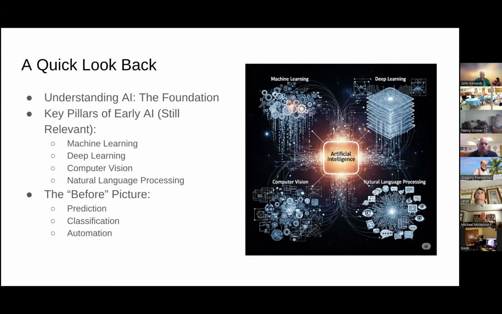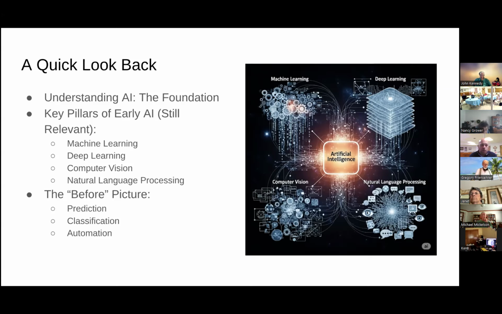One of the other key pillars of early AI is deep learning. It's a subset of machine learning, but it uses neural networks with many layers inspired by the human brain. If you think about how the human brain works, you have neurons connected to other neurons that help you associate memories and generate things like speech. AI is getting a lot closer to that. Neural networks in AI are very similar to the neural networks in our brains as far as architecture goes. Some breakthroughs in deep learning have been things like image recognition and complex pattern detection.